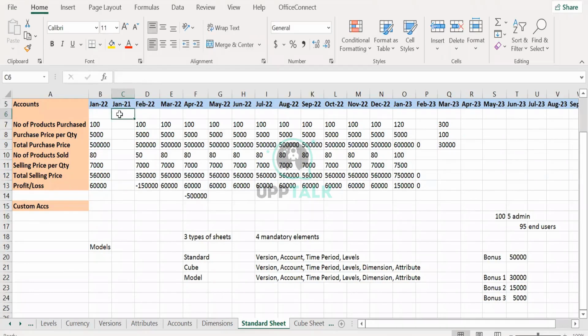This is your actual data and this is your budget version. In the screen itself, if you want to compare what happened in January 2022 with 21, basically you plan it accordingly. Suppose in actuals it was 80 and that's how you plan it in budget.